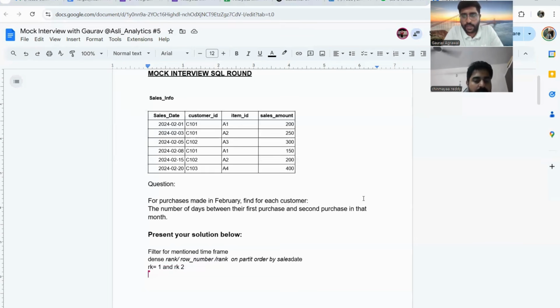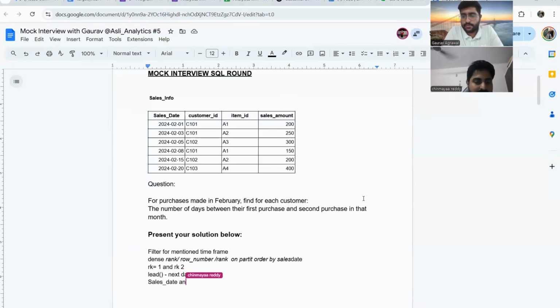How will you calculate the date difference? I can use lead here. I'll take a lead to get the next sales date in my column, then take the difference between the current sales date and the next date.